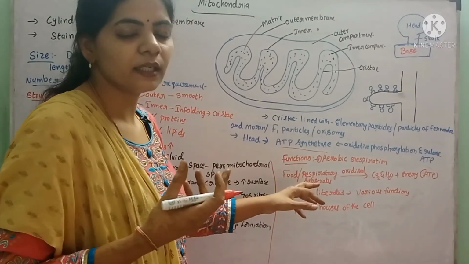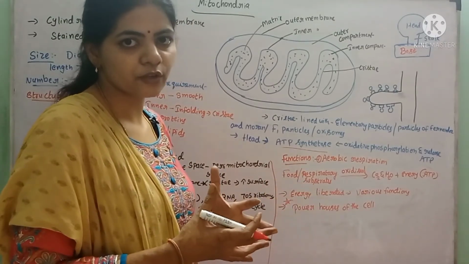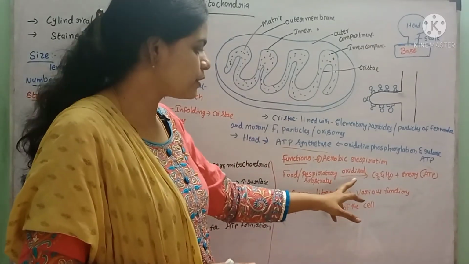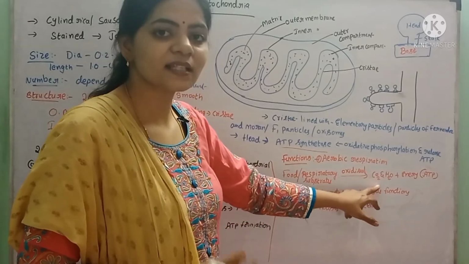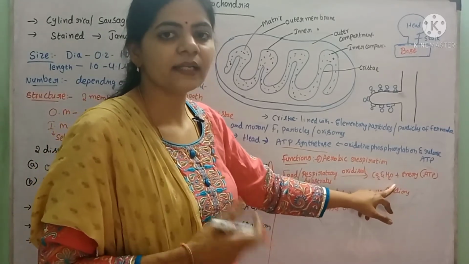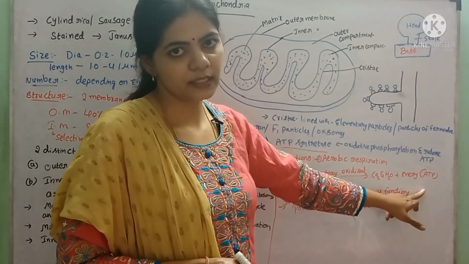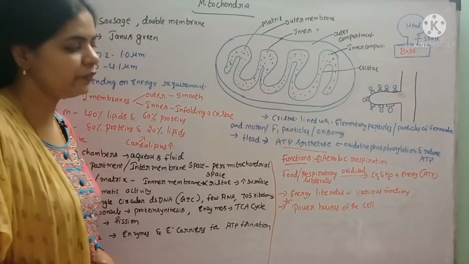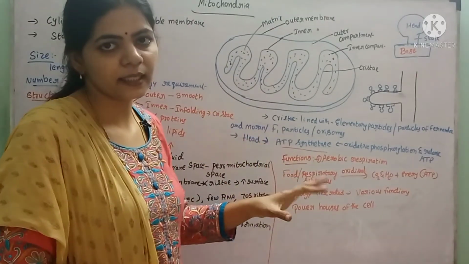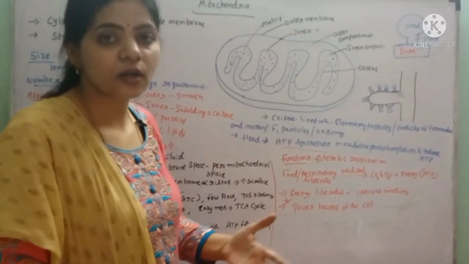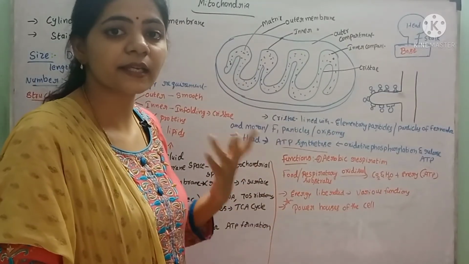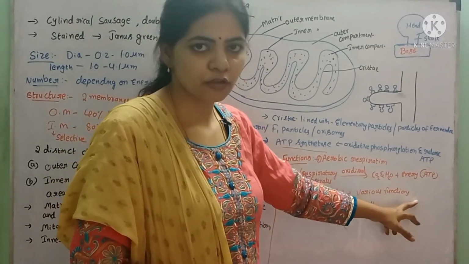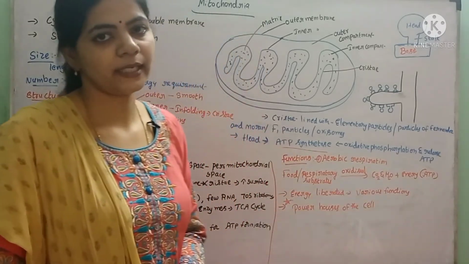And here, the food particles are also called respiratory substrates. They get oxidized by means of several enzymes, and that releases carbon dioxide and water, and in addition to that, energy is also released, and that energy is stored in the form of ATP. What happens here? The respiratory substrates, like carbohydrates, lipids, proteins, get oxidized into carbon dioxide and water, and in turn energy is released, which is stored in the form of ATP.